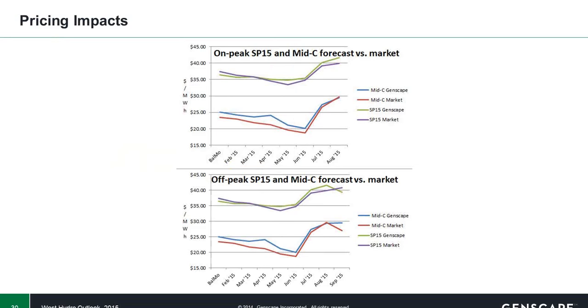Finally, we'll move into pricing impacts. We incorporated all the meteorological forecasts within our production cost model, and we basically get these forward curves. In this case, we're looking at on and off peak power prices for the two most liquid power hubs in WECC, which are Mid-C and SP. In general, our prices are slightly higher than the market. If you look at the Mid-C curve, you'll see that the largest delta is in April Mid-C for on and